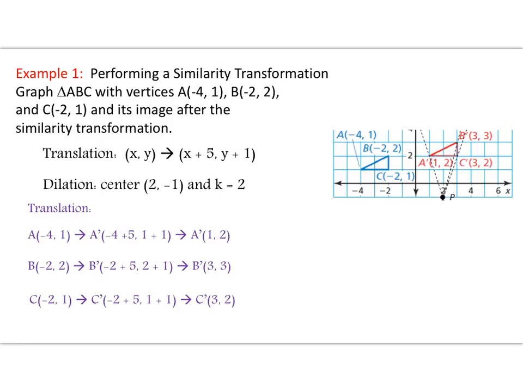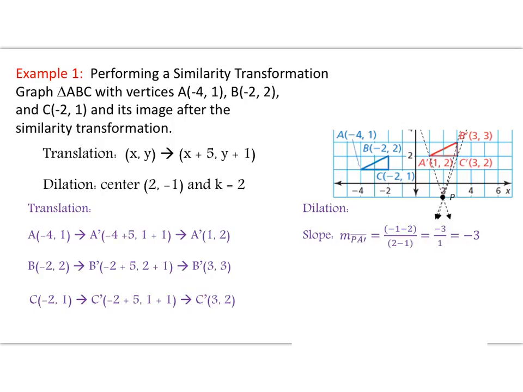And then next, we will need to dilate. So that's where we draw in our lines from center location at 2, -1. So I've plotted that point. Go ahead and plot it yourself. And we want to connect lines to each vertex from that center point. So figure out your slope. So I'll start with A prime. The slope is